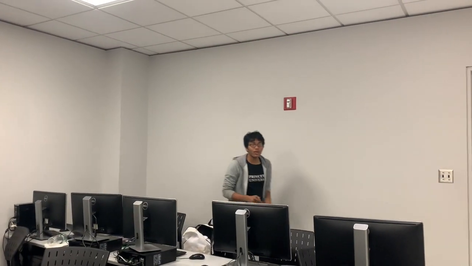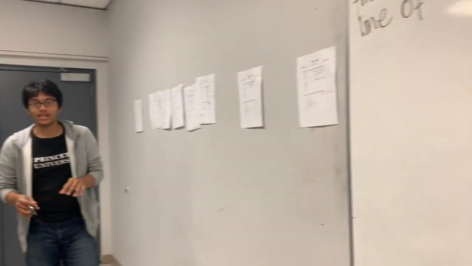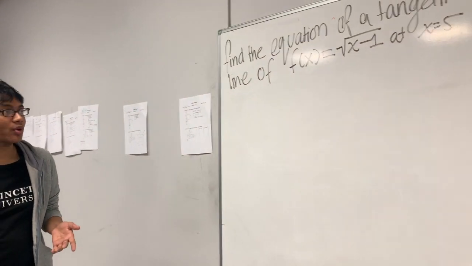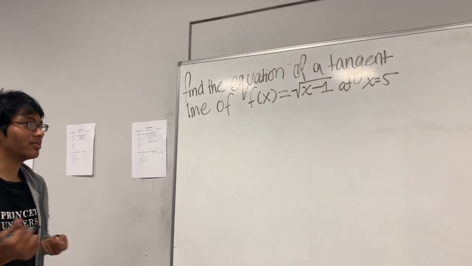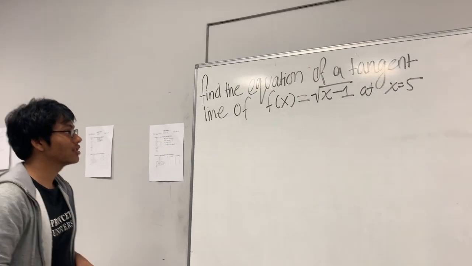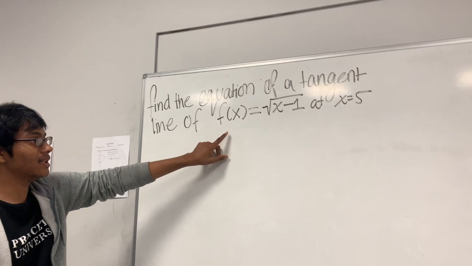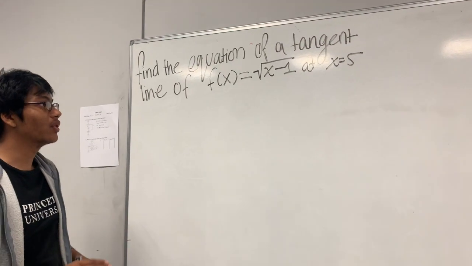Alright folks, what's up? Today we're looking at another example of finding the equation of a tangent line. Why? Because it's important. So let's take a look at another example. Find the equation of a tangent line of f of x equals the square root of x minus 1 at